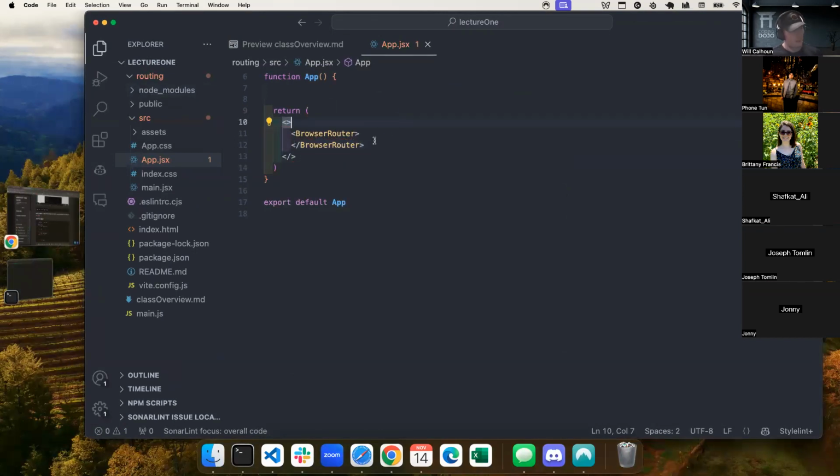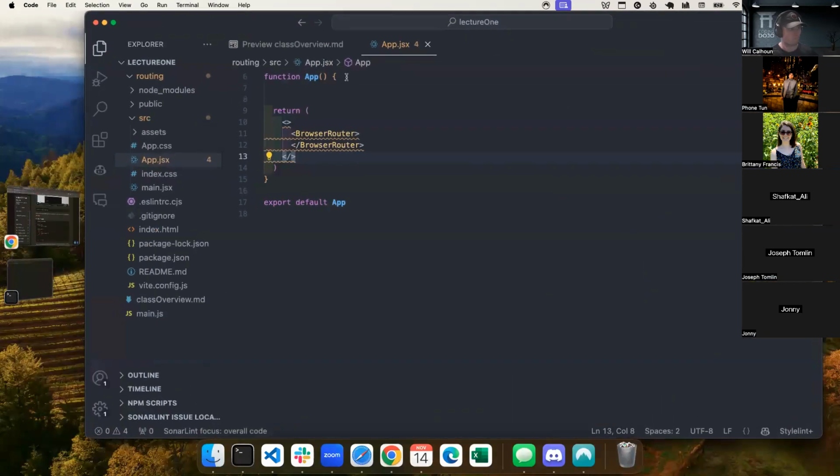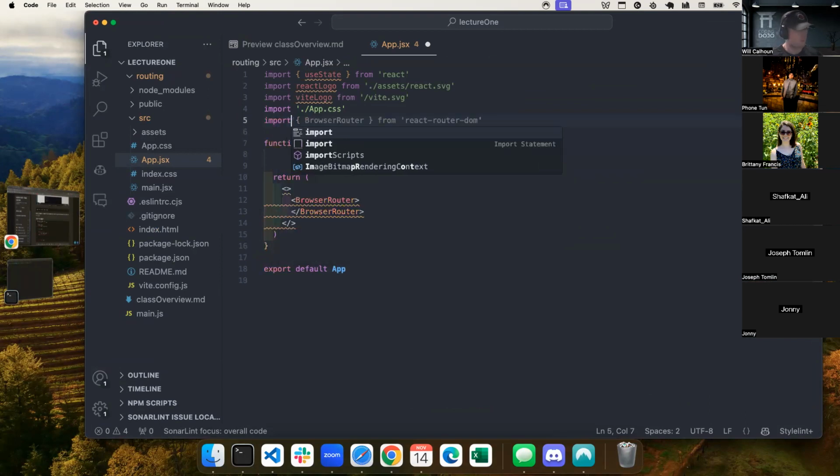Cool. Now, this again allows us to actually do some routes. But in order for me to use it, I really need to import that from React Router DOM. So here, I'm going to say import BrowserRouter. I'm also going to import Routes and Route from React Router DOM.